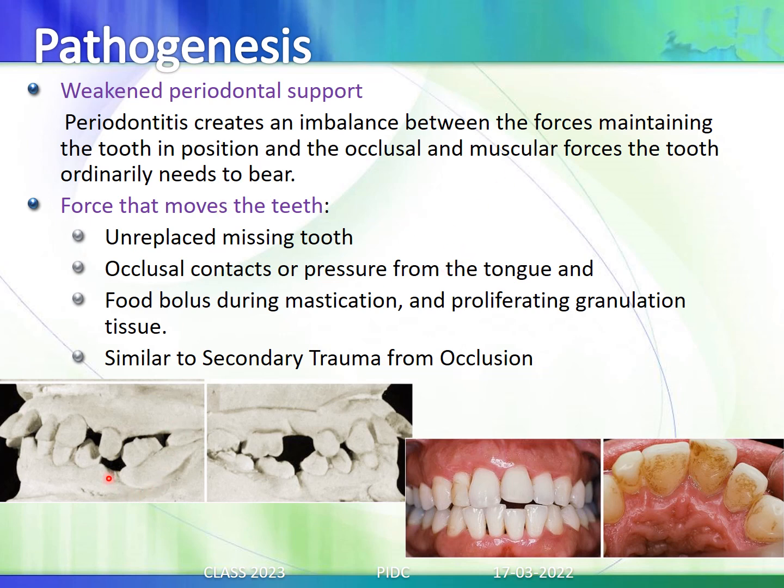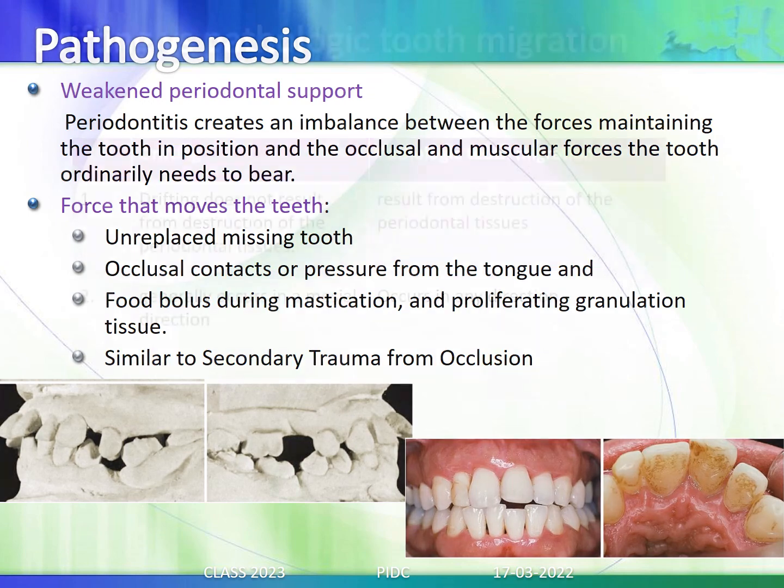Second, if there are any unreplaced teeth, you can see changes taking place around the teeth, along with occlusal contacts or pressure from the tongue. Here also you can see that the occlusal contact is not proper in this case. Food bolus during mastication, proliferating granulation tissue, and conditions similar to secondary trauma from occlusion could result in pathologic